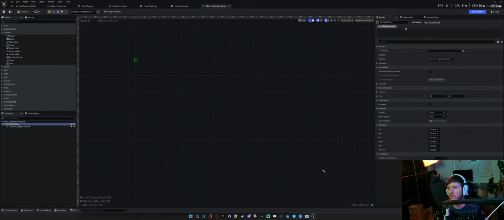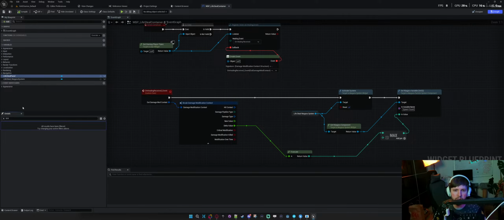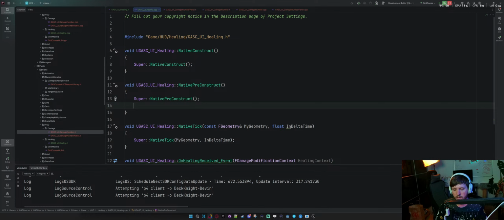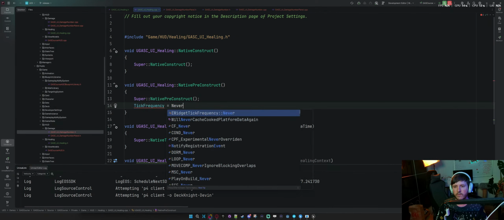And we're looking for tick, right? So tick frequency. Oh, do we see anything like that under pre-construct? Tick frequency equals never.